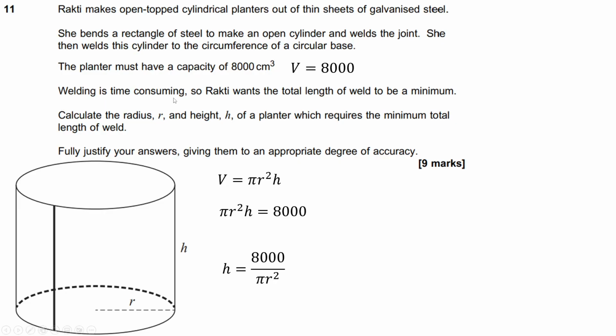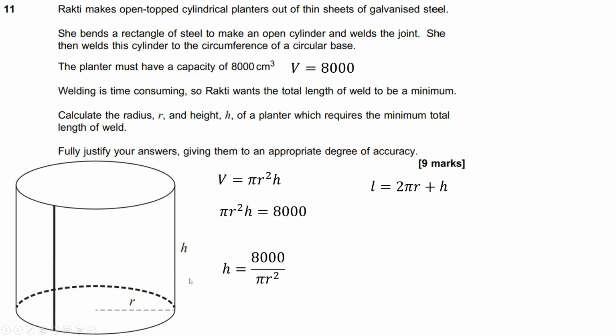Okay, welding is time consuming, so she wants the total length of the weld to be a minimum. Well, the length of the weld is just going to be 2 pi r h, so it's this circumference at the bottom multiplied by h. So it's basically just going to be the curved surface area of the cylinder. So 2 pi r h, not multiplied by h, but plus h, because we only want this sliver,